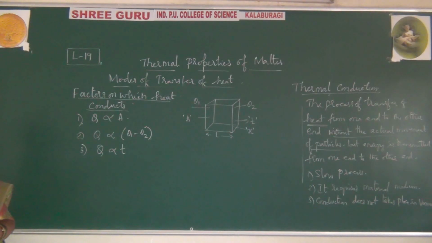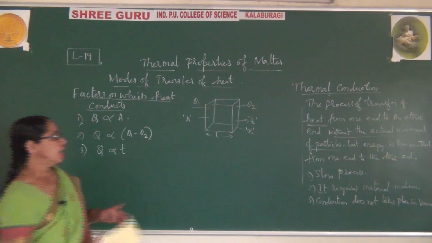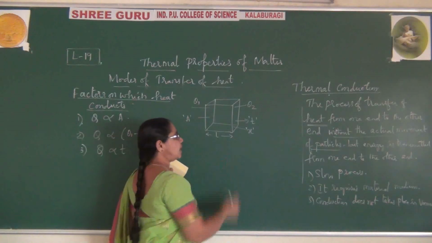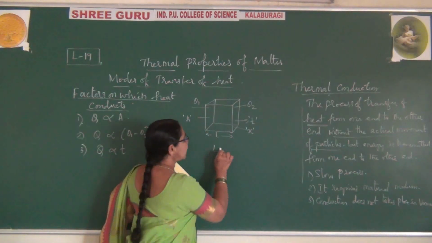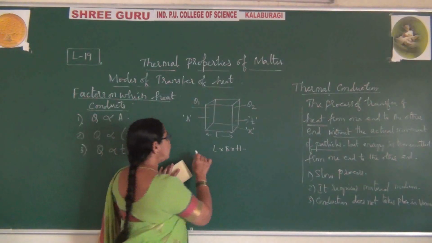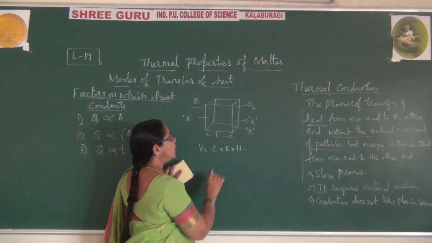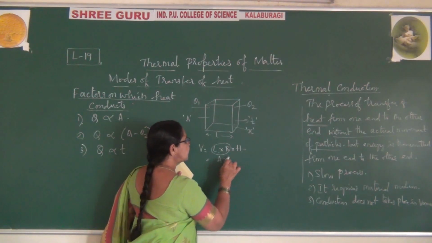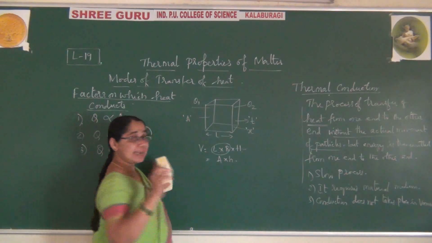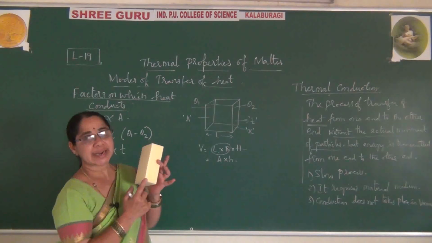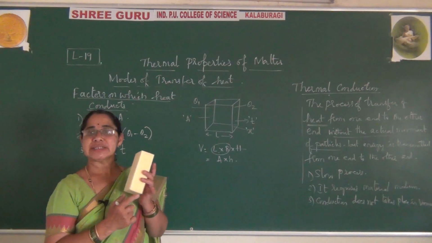Okay. Now one more point I want to say here. If I say length and breadth, I said area. If this is length and this is breadth, that means area. Already, if I say this cube has length, breadth and height, the volume is length into breadth into height. If I say length into breadth itself is A, then what is left out is H. Height is left out. So this is length, this is breadth, and this thickness is taken as the height, or you can say thickness.